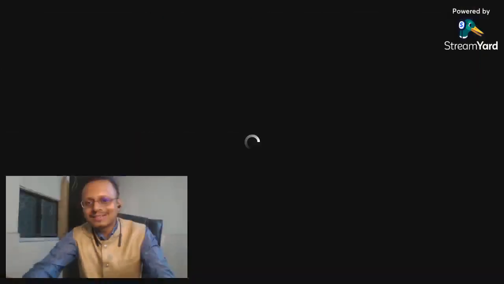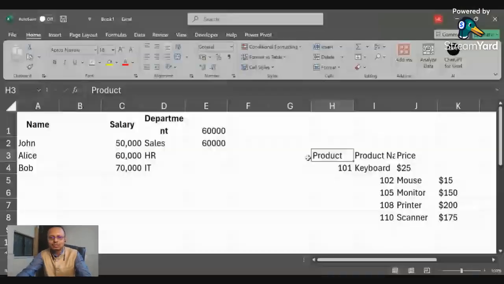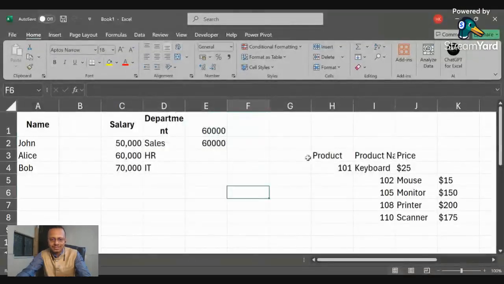Jokes apart, this is what I wanted to share with you, a small practical theory about VLOOKUP. So let's jump into this. Like I said, this session will be a level up session. For those who already know VLOOKUP, great. But for the beginners, I will touch base on some things so that you don't feel left out.